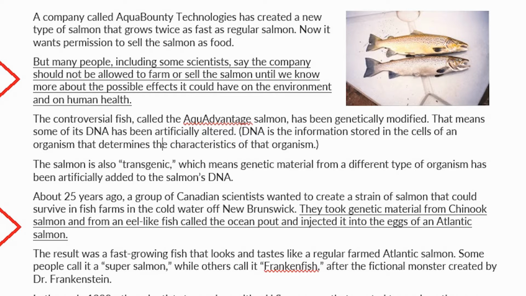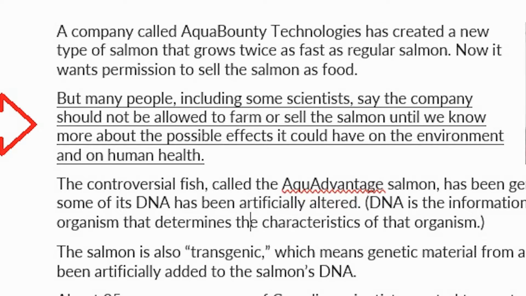You know, I think I'm going to underline that sentence, Mr. B. That sounds like something that could be evidence. Would you like a highlighter? I'm going to underline it. Okay, I appreciate it. But yeah, we're going to go ahead and underline that sentence because that sounds like a negative. Maybe they need to know more about this before they start selling it. Good point. So you're kind of marking the text then. Yeah, just seeing, I might use this evidence, so I'm going to underline it so I can find it easy.